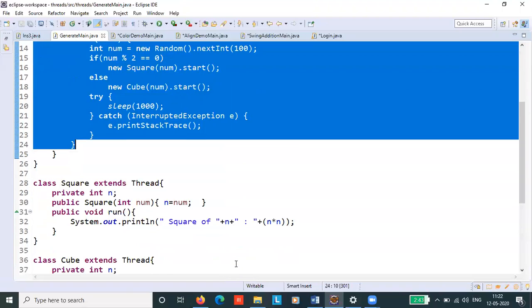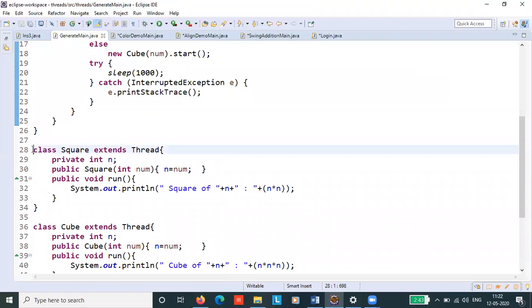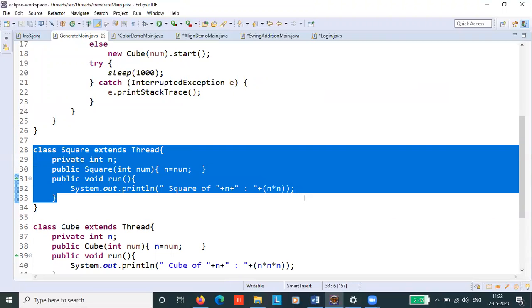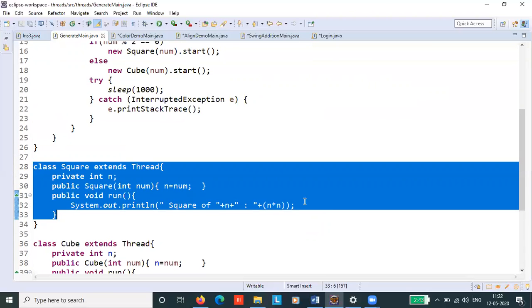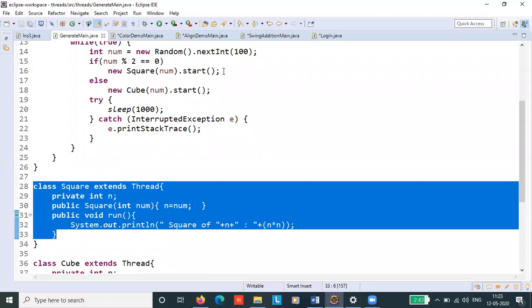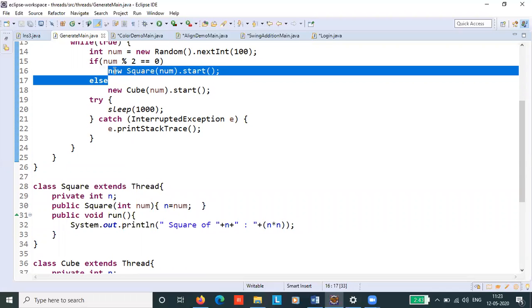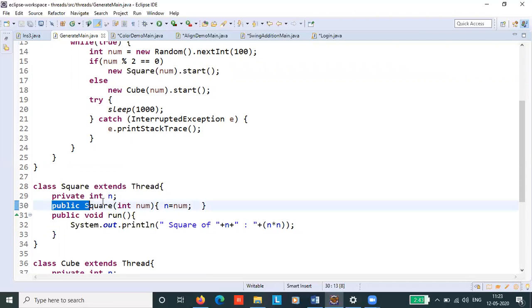Next, what is the job of the square thread? It is also extending the Thread class. It should also have a run method. According to the problem statement, we have to display the square of the random number. First we have to pass the random number. We are passing it here. Then it will come to this constructor so that we can access the random number.